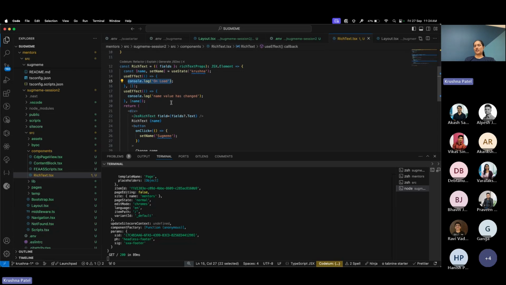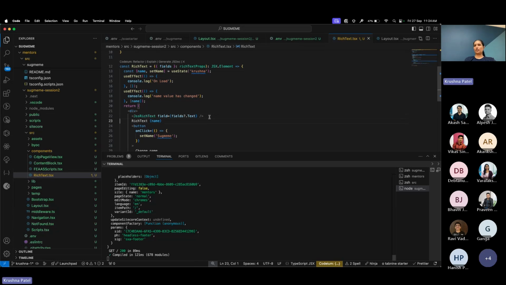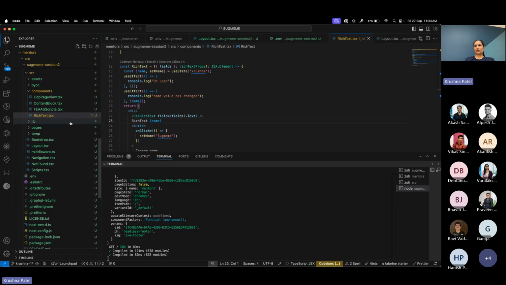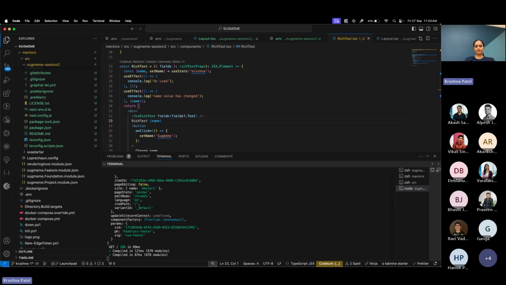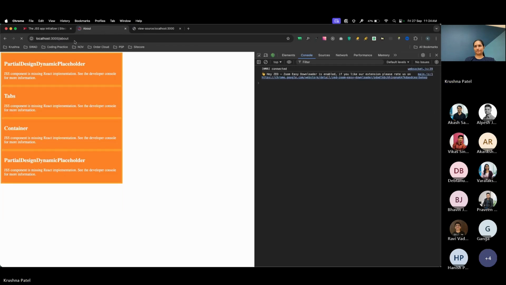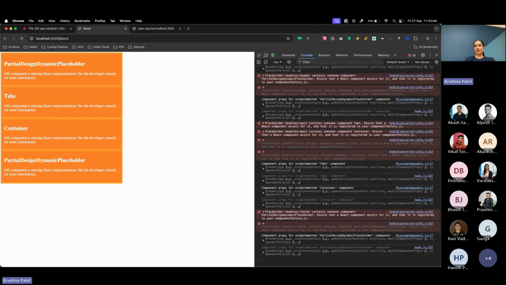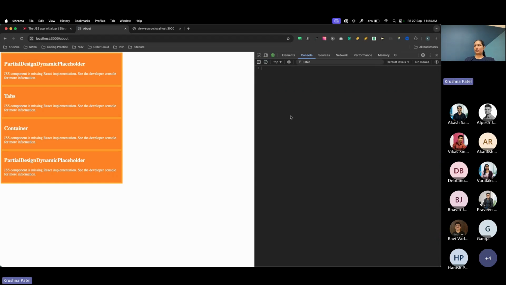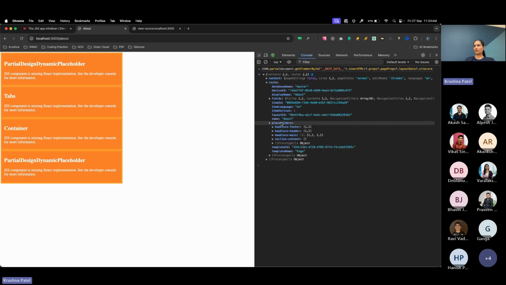Okay, we will look into one more example that I already created, the tabs component. Here in the about page, Diptano already configured the tabs component, and if we check what data is coming in the tabs component,